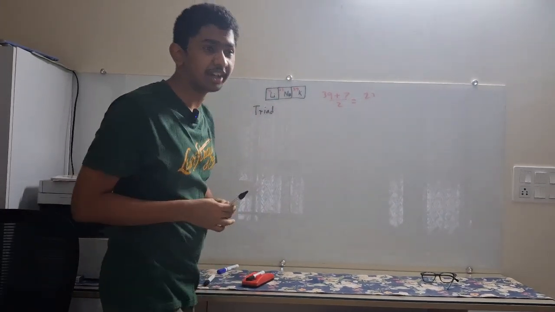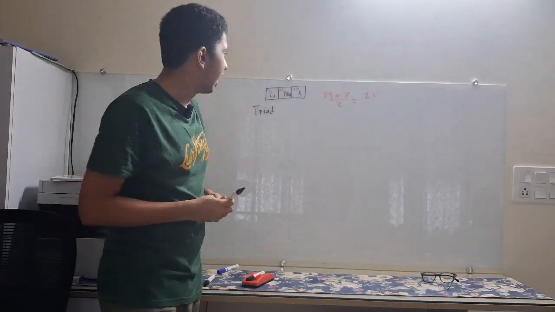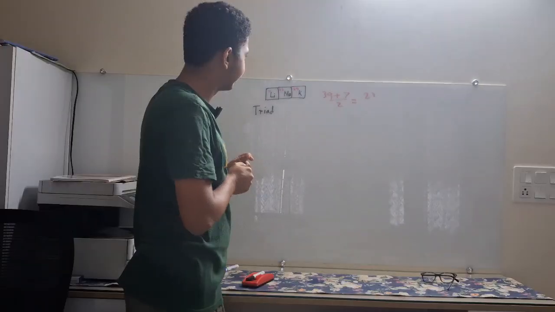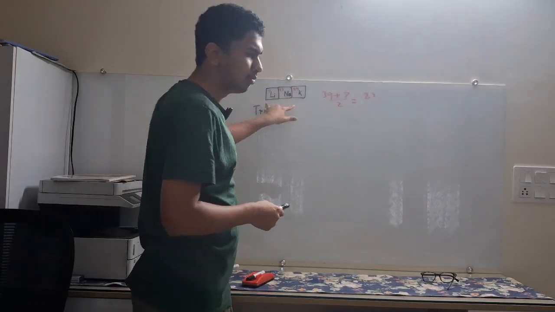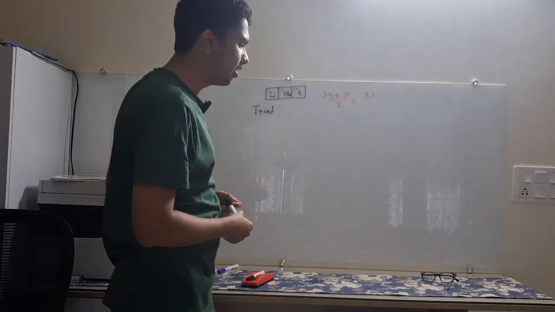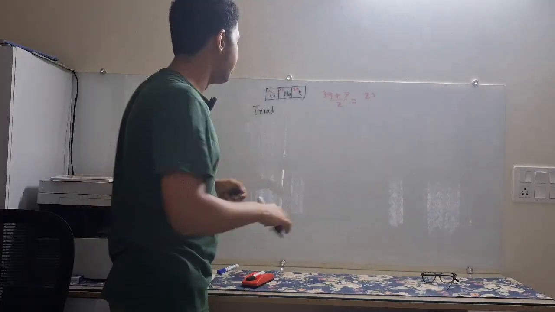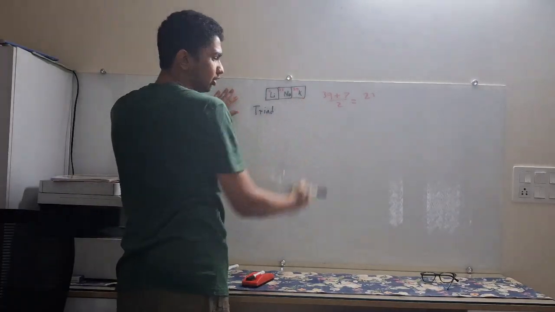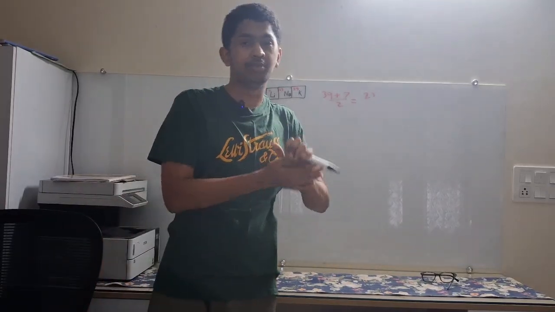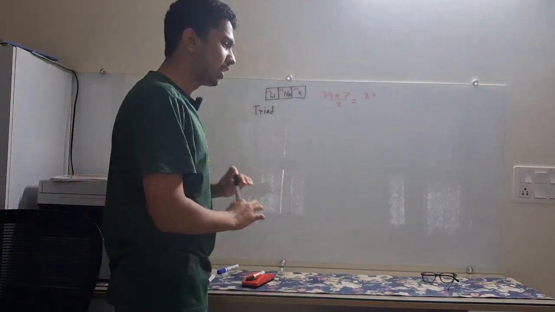So Doberheiner said that any triad you form where the middle element has the atomic mass as the average of both of the other two, all three elements in this triad will have similar properties. Meaning, he said lithium, sodium and potassium will behave similarly. He gave this triad, people clapped for him. Show us more. So Doberheiner was like, okay,